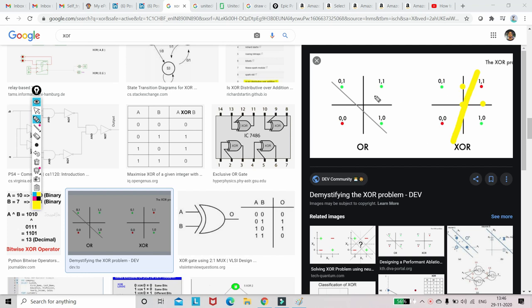Here also the same case, but in OR you can easily separate. You can see along this line, whatever belongs to this side belongs to one class. So this kind of separation exists, but in XOR this linear separation is not there. Quite interesting: I was asked in an interview, by Ericsson, how to separate it using logistic regression. Logistic regression is an algorithm for points which are linearly separable. So what we can do is some kind of feature engineering.